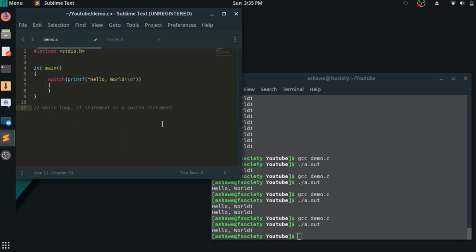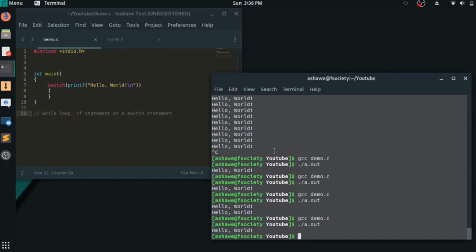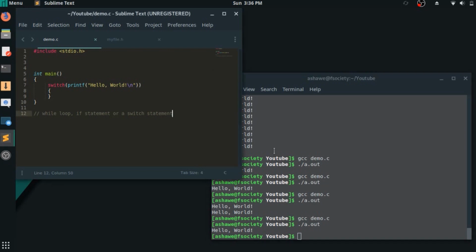You can also do this by defining a macro like define print and then printf, and then use the print inside of the switch case, if or while loop. But it does not make any sense, as we have to use if, while or switch, thus completing our objective of printing something on the standard output without using a semicolon. So that was it. This is how you print something on the standard output without using a semicolon.